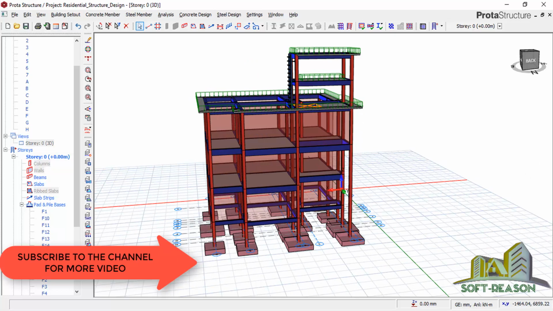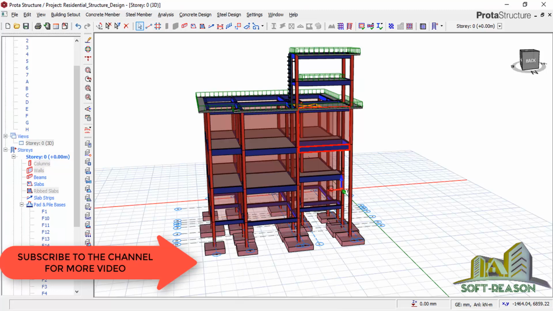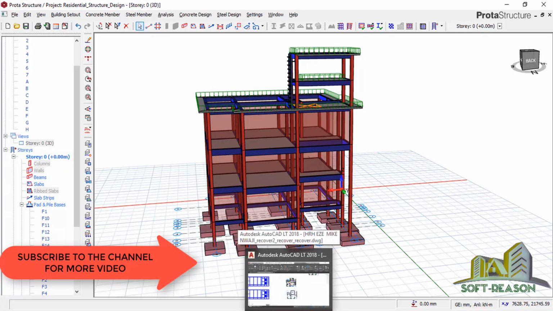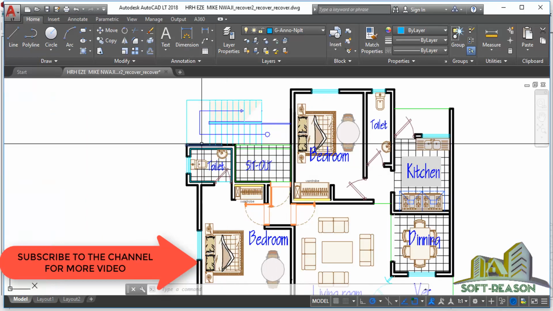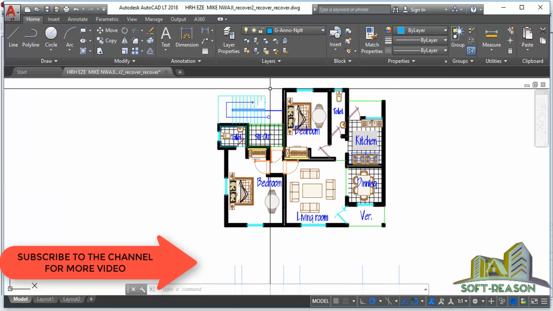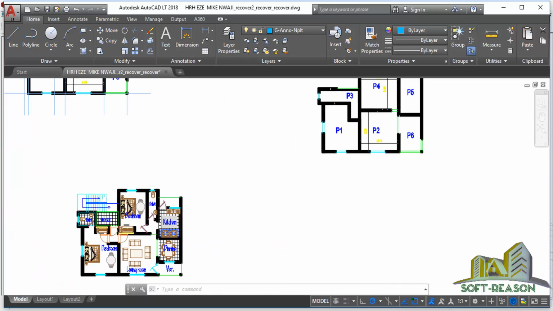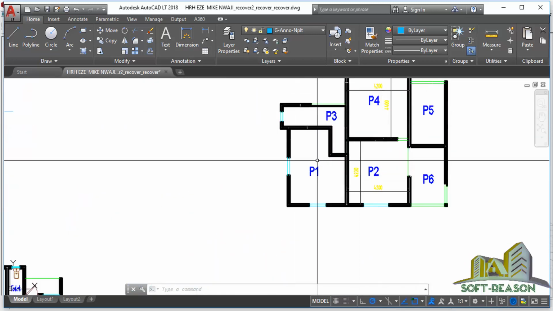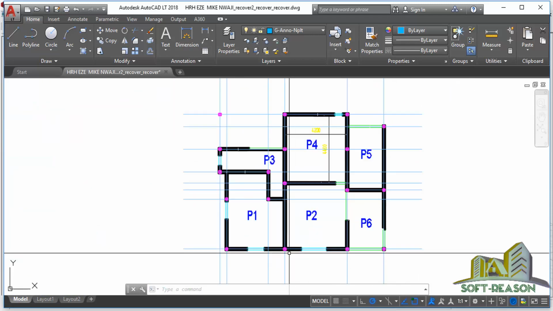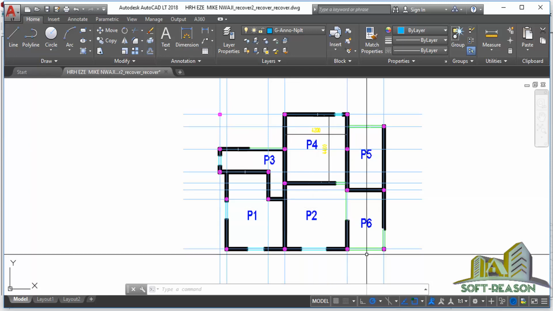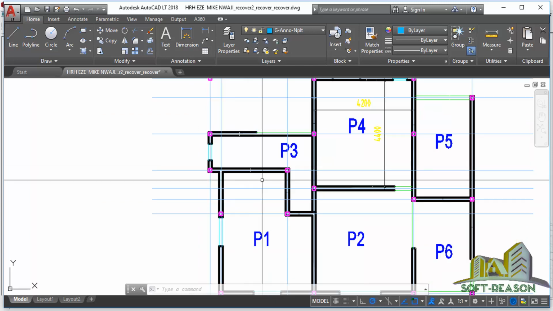So we will be going to AutoCAD to import our drawing. So let's start. This one is the structure, the architectural structure. I have cut my panels. I see my panel 1, 2, 3, 4, 5 and 6, and I've already placed my columns. So this is what I will be exporting to